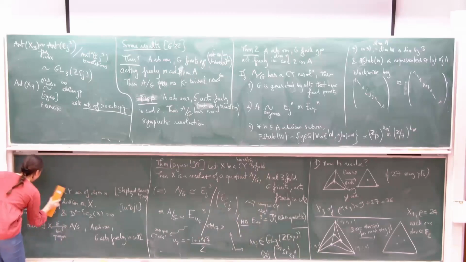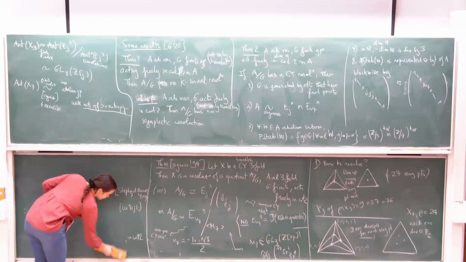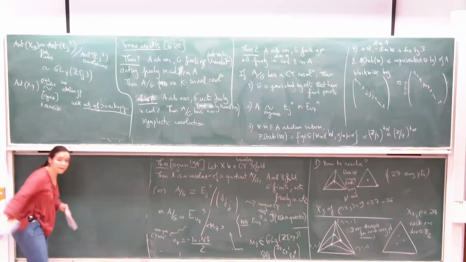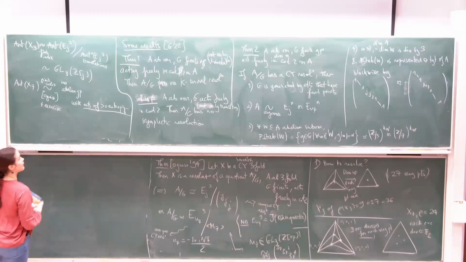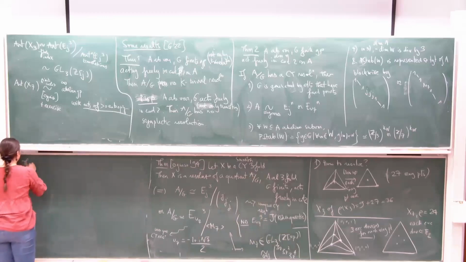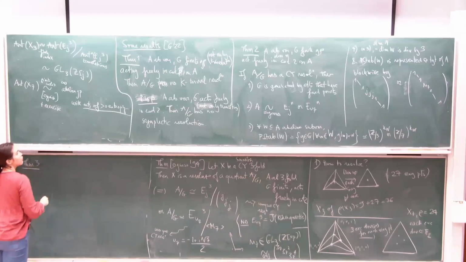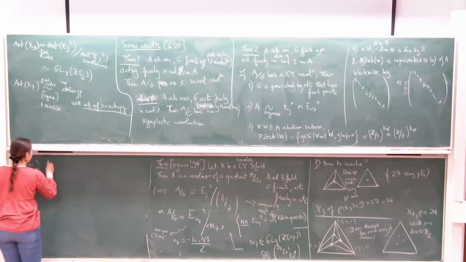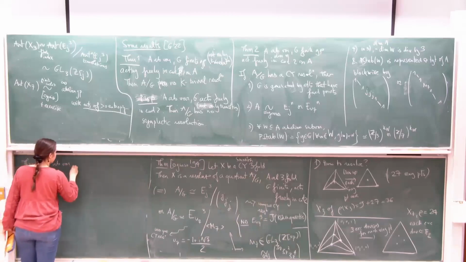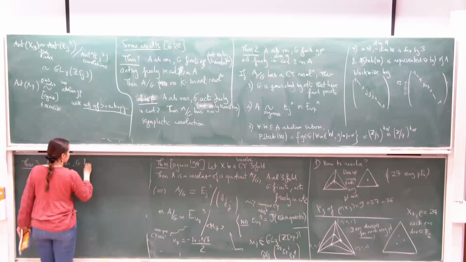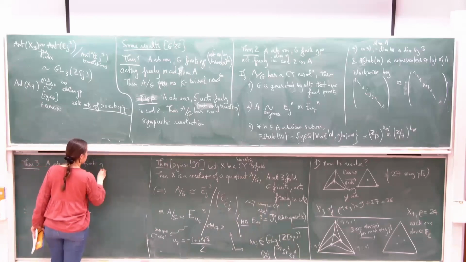But if you're really stubborn and you want to do a lot of group theory and you have a computer with GAP installed on it, then you can work harder and have the computer work for you to some extent. And then you prove that if A is an abelian variety and G a finite group acting freely in codimension 2,